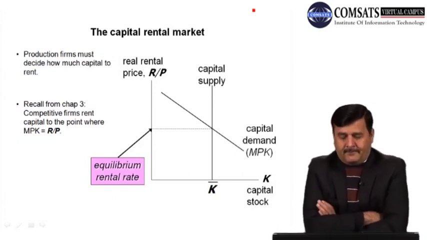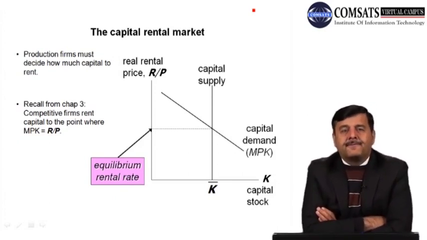तो अगर आपको याद होगा कि when we have talked about, we talked about in chapter 3 जहाँ हमने बात की थी कि किस हद तक, कहाँ तक जो रेंटल फर्म्स हैं, प्रोडक्शन फर्म्स हैं, कहाँ तक कैपिटल को रेंट करती रहती हैं, कहाँ तक कैपिटल को खरीदती रहती हैं और प्रोडक्शन प्रोसेस में लगाती हैं. हमने ये कहा था the production firms will continue to buy capital, to hire, rent more capital and use this in the production process till the point the marginal productivity of the capital is equal to the rental price, MP is equal to R over P.